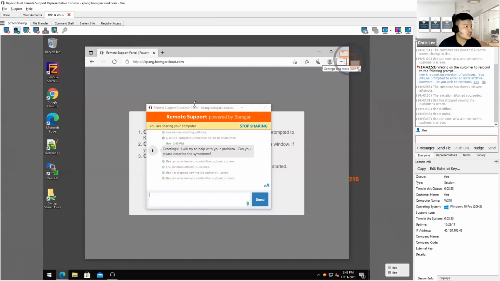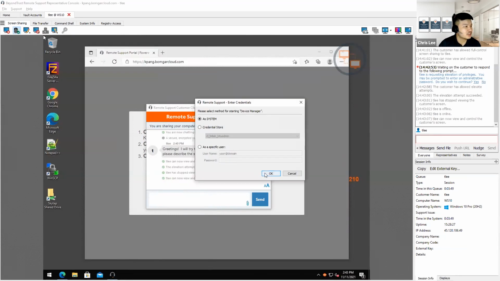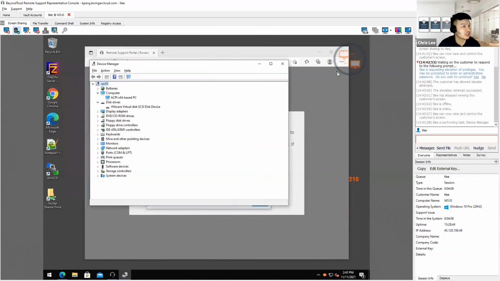So what happened now is that the session is now being elevated, and I can even push down certain tools with elevated rights. For example, I want to troubleshoot certain hardware. I can just go up to Device Manager as system privilege, for example, in order to troubleshoot certain hardware, right? So this is going to be great, without giving out the administrator credentials to all my support help desk, while at the same time letting them do the jobs that they require.